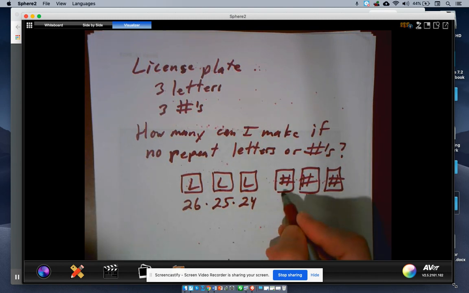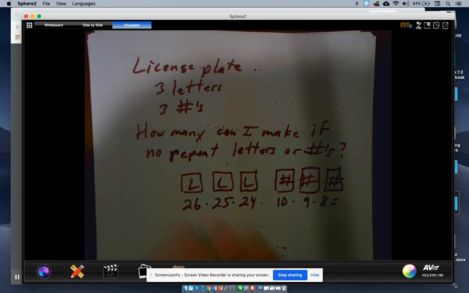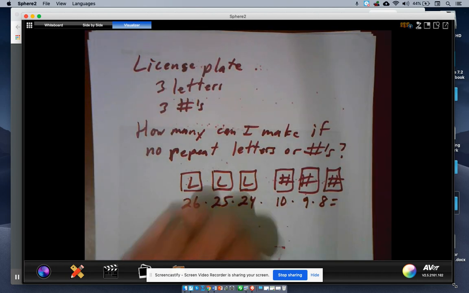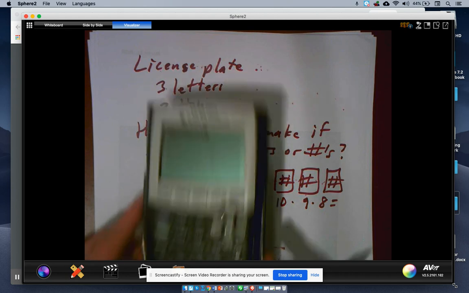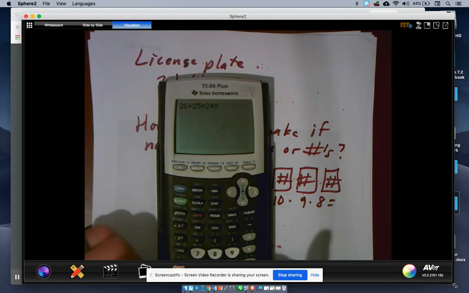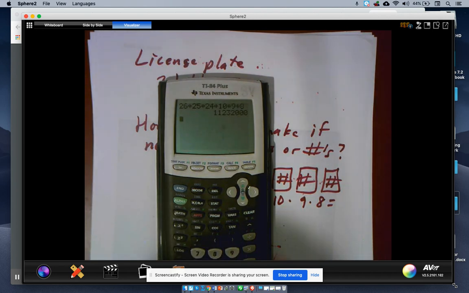Now the numbers are 0 through 9. I can't repeat them, so I have 10 choices here on this first number, 9 on the second, 8 on the third. I'm going to grab my calculator here and actually give you an answer. I have 10 numbers, and I got one that I used up, so I can't repeat it, and then 9 and then 8. So finally, my answer is 26 times 25 times 24. And actually, I can just slap this right under here: times 10 times 9 times 8. And that should give me my answer,